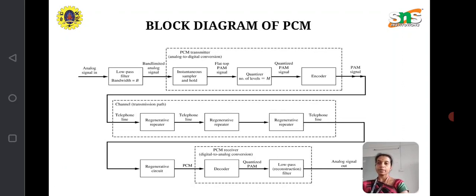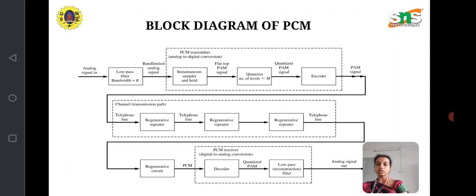the other block. And next we give it to the quantizer, and then the signals are quantized and given to the encoder block. This instantaneous sampler and hold block, quantizer block and encoder block together can be termed the PCM transmitter block. And then from the encoder block, we get an output of PAM signal, that is pulse amplitude signals. Okay, and then we give that input to regenerative repeaters, and those regenerative repeaters may be